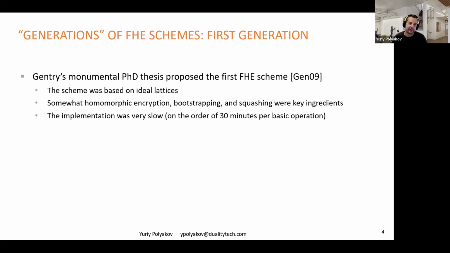So the first monumental work was, of course, Gentry's PhD thesis, and that work was presented at the end of 2008 and was published in 2009. This scheme was based on ideal lattices. It introduced a somewhat homomorphic encryption scheme, bootstrapping, and also, at the time, the squashing procedure. And it was the first FHE scheme that was ever presented. Of course, it was slow, 30 minutes per basic operation, but it paved the way for all the major advances